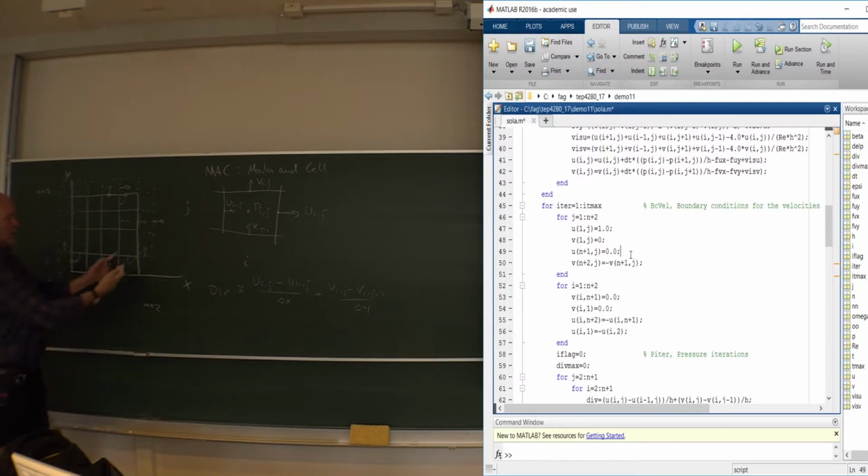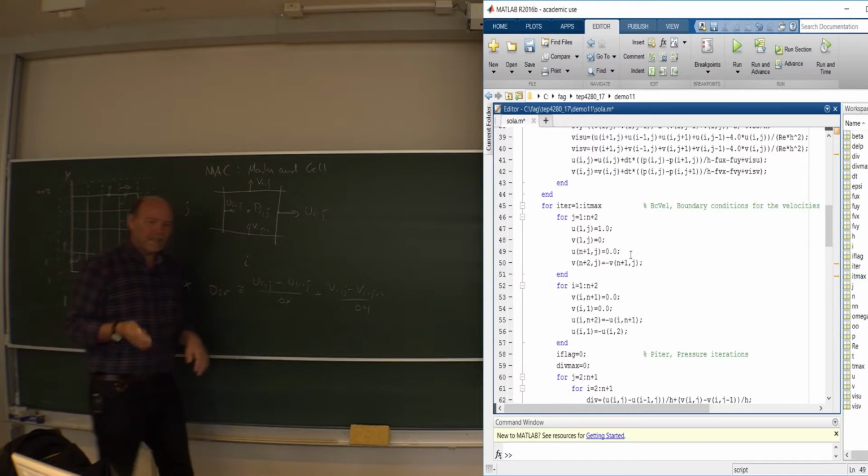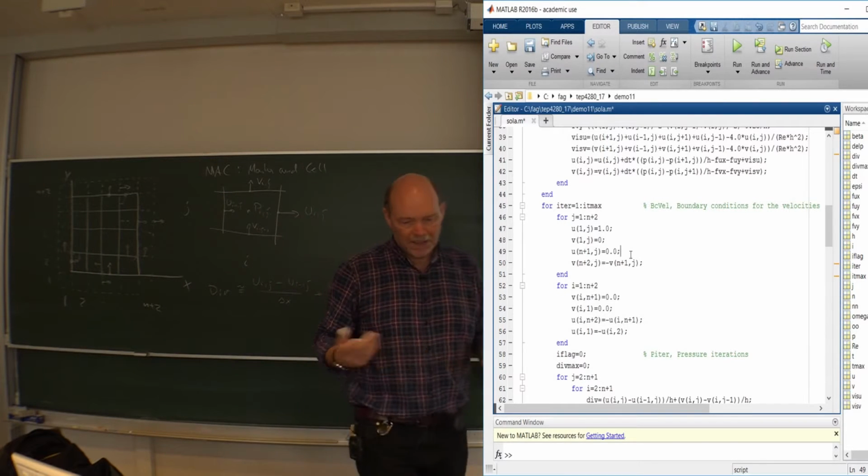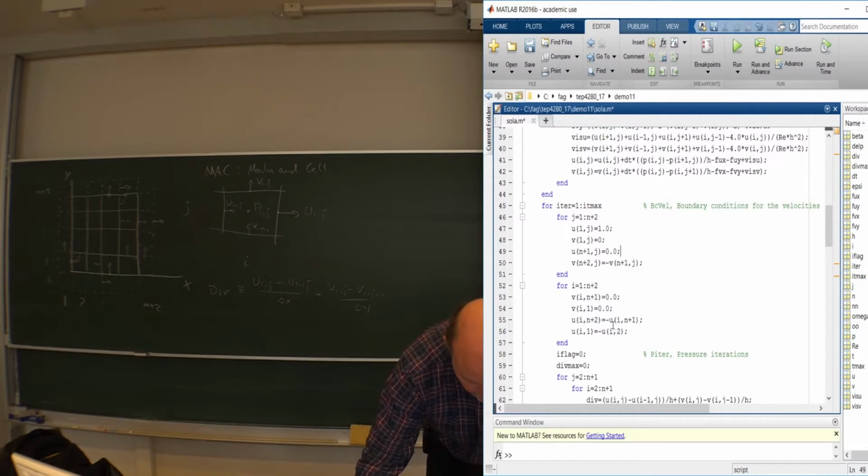For the v velocity, that's okay. Saying the derivative is 0 will actually be on the outlet boundary perfectly when you think in terms of central space differencing, half a cell away. But for the u, it will be half a cell inside the computational domain. I do it, I know it's wrong, but